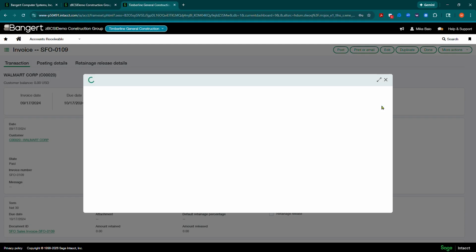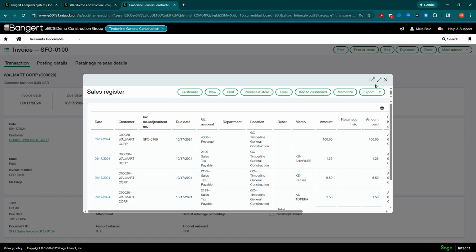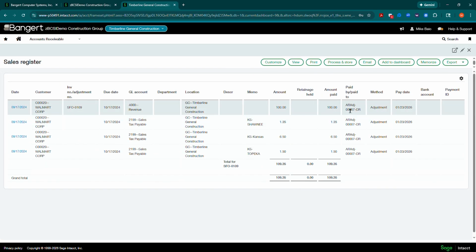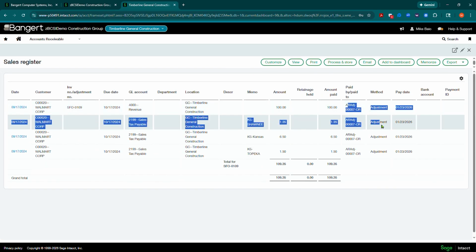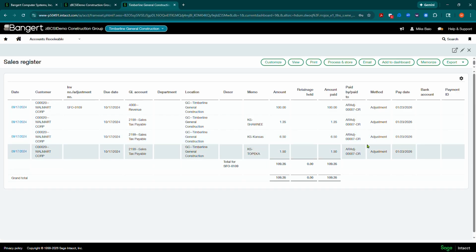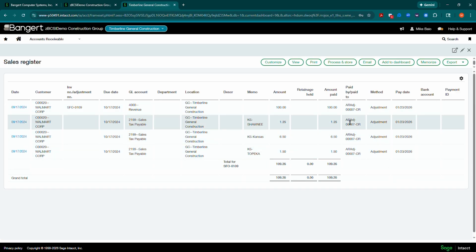If I click view details, this will show you in here how it was paid. So you'll be able to see here that it was paid with an adjustment, with an AR credit applied. So you'll still have that link even if you don't select that reference in the first section. And that's basically the process to clean up your AR, whether you're going to just clean up some pennies, whether you have a legit credit that you want to put in and apply it to it, it'll apply in either case. Thank you.